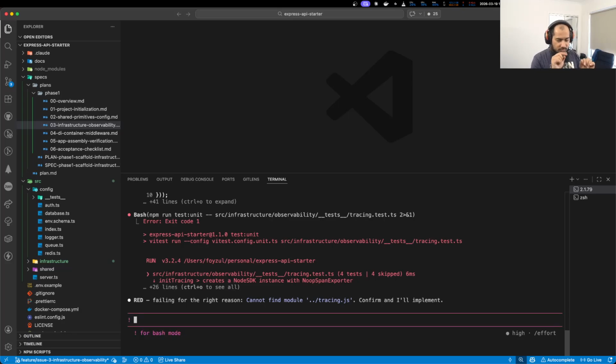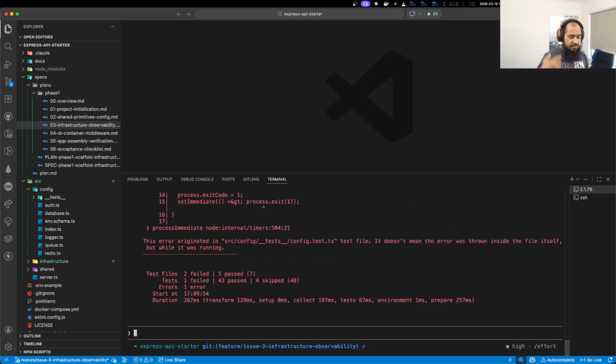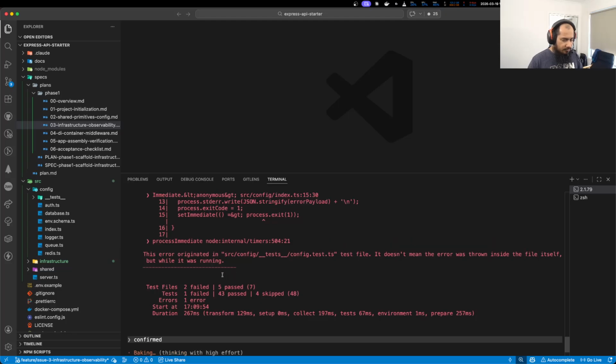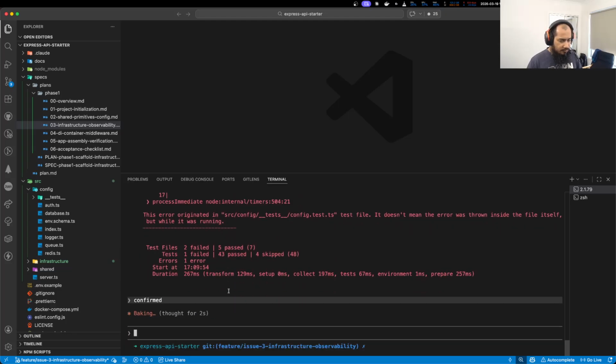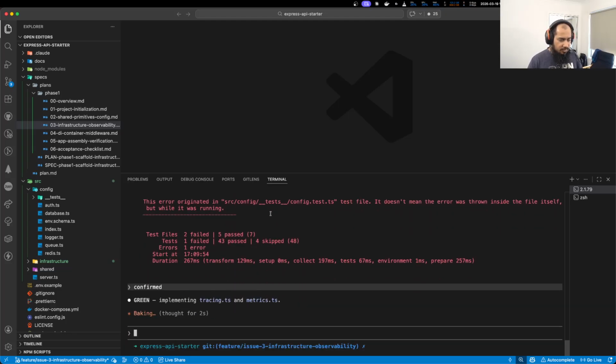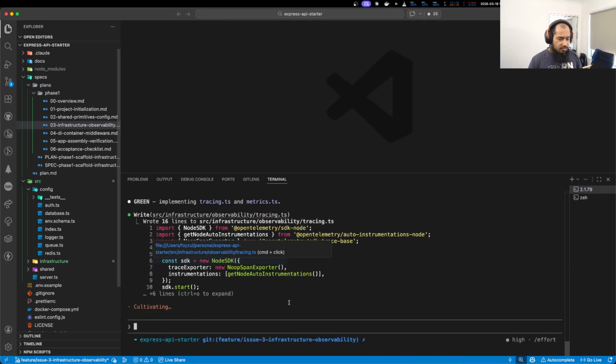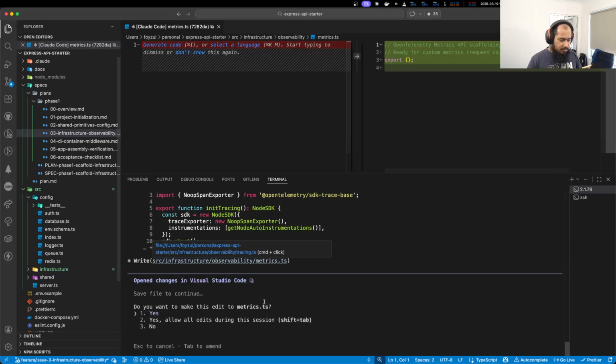If you press colon, exclamation, and then run, it will run the test inside of the terminal. Yes, confirmed. So it will now write the dev code to make the test pass. Interesting, right?